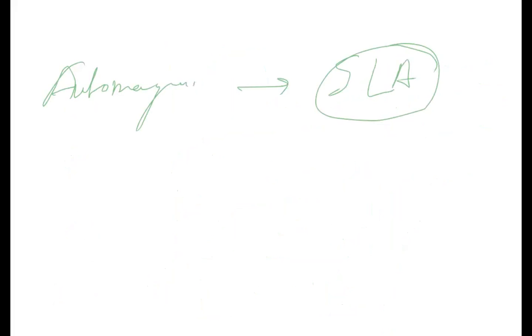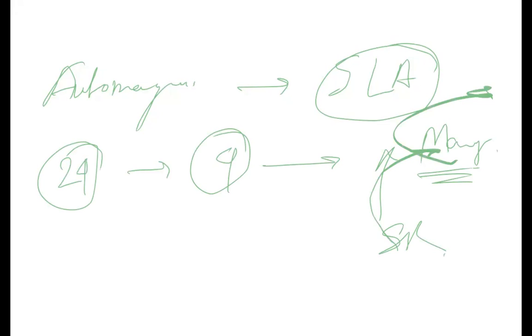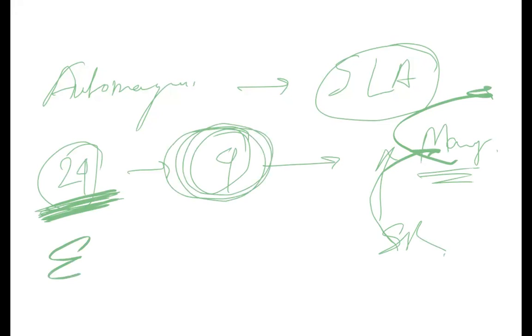If I have an SLA of 24 hours, maybe after 4 hours, if the resolution has not been done, I want to escalate this ticket. I want to escalate to my manager, to the manager of this service representative. So that the manager comes in and says, what is the problem? Why have you not been able to solve it? Do you need my help? Or maybe he takes over the ownership, or he assigns it to somebody else immediately, so that this 24 hours SLA is not breached, so that I do not end up in a court case. So that is important. And how does Salesforce help us in this? Salesforce gives us an escalation rule.